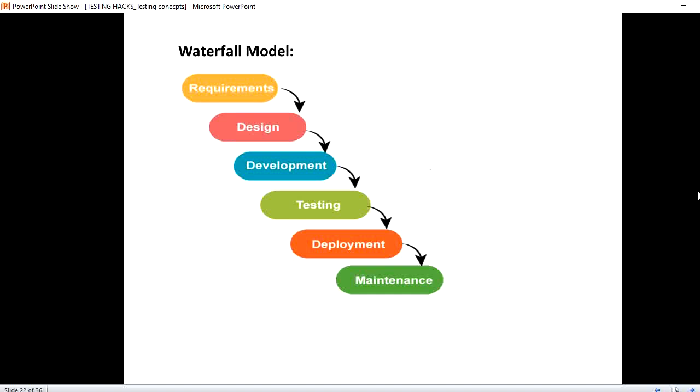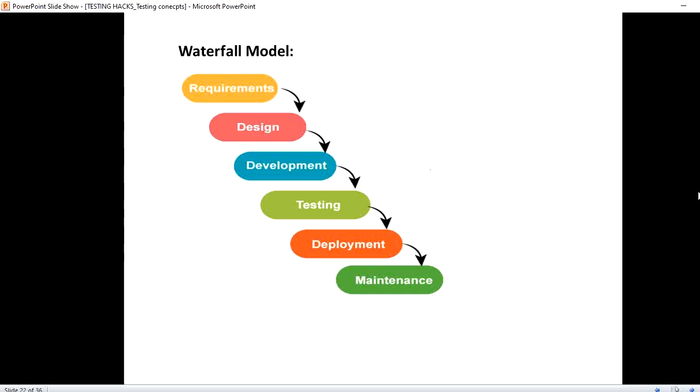Testing is another major part, wherein after development the application will undergo testing. Testers will use a lot of their own terminologies and technologies to test an application. And then deployment and then maintenance. This is the flow of the waterfall model.